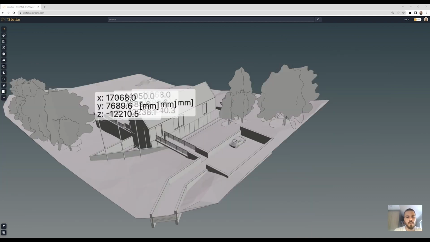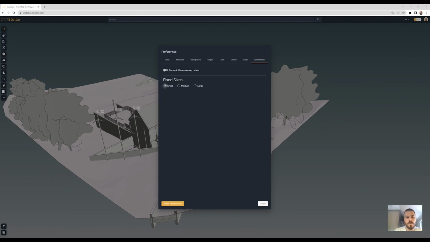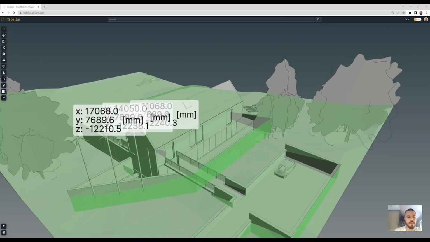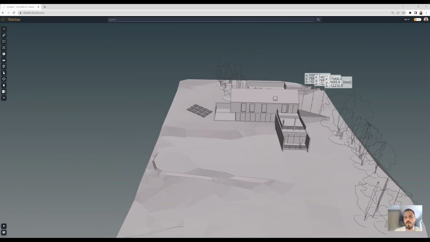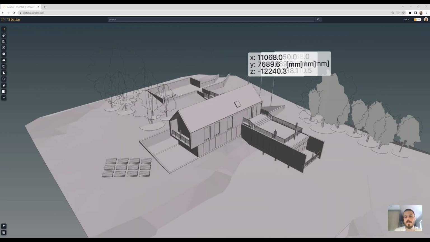Okay, so what we can do, maybe this time we can go to dimensions, turn off, use small, turn on, and maybe zoom in a bit to see more clearly. But yeah, maybe they're this close, and you can find out your preferences. Of course, this is a very small model in terms of size, but